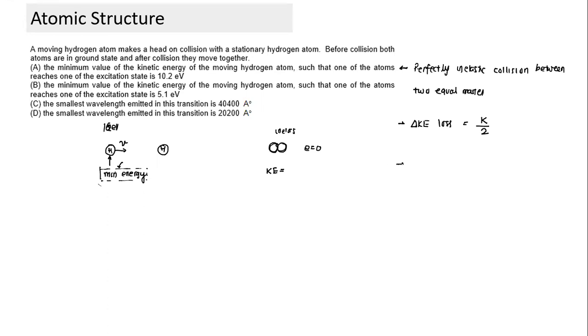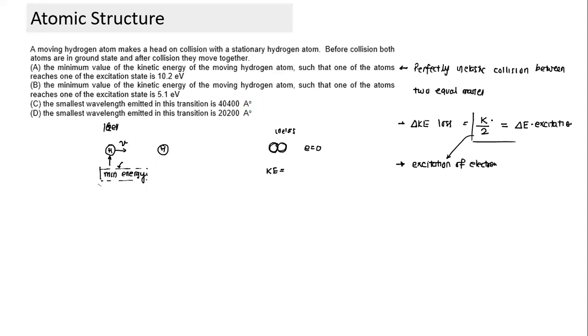But in the case of two atoms having an inelastic collision, if this kinetic energy is lost, this energy has to go into some other form. Where can this kinetic energy go when only two atoms are present? It can only go in the form of excitation of the electron. It can only be transferred to the orbiting electron. So what has to happen for this collision to take place? Delta K by 2 has to be equal to the excitation energy. Then only this kind of collision will take place. K by 2 has to be equal to delta E, which is the excitation energy.